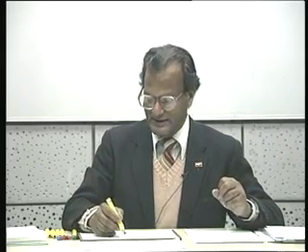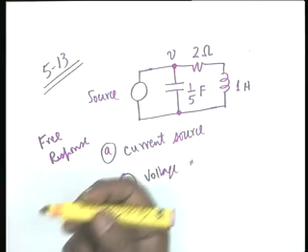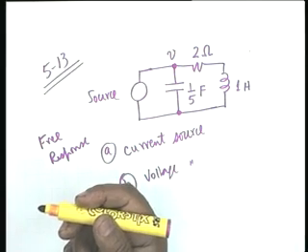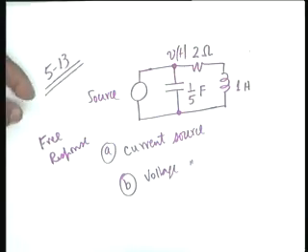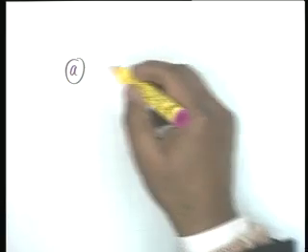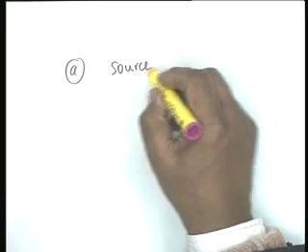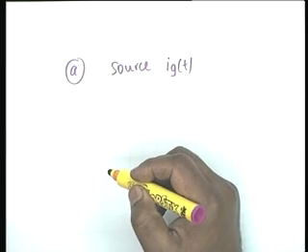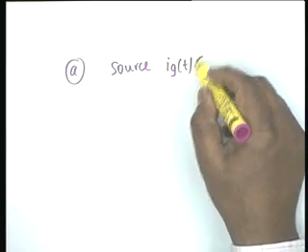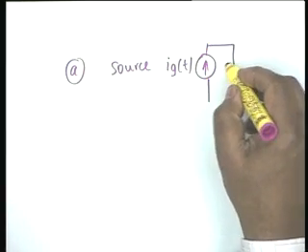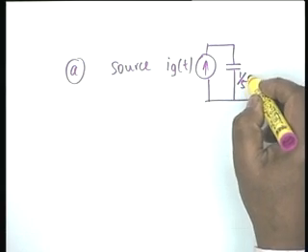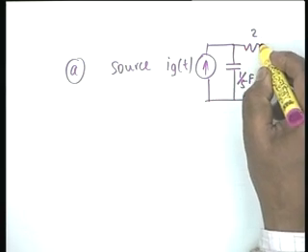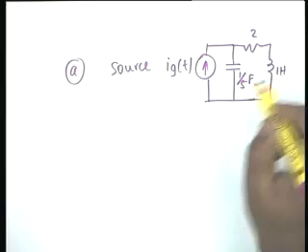To solve this circuit, we have to work in the time domain. We are required to find the free response, so we must put the right hand side equal to 0 and then find the form of the response. Now let this voltage be v(t), and let us first consider that the source is a current source, i_g(t). Then we have the capacitor 1/5 farad, the resistance 2 ohms and the inductor 1 Henry. This is V.